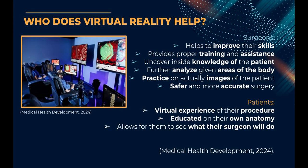New software has been developed to help educate surgeons with virtual images of their patients' MRI and CT scans to create a virtual model. Patients get a virtual experience of what their surgery will be like. This process helps train and assist surgeons on how to go about the operation while also providing inside knowledge to the patient. Surgeons can plan ahead for surgery, which makes it easier and more accurate, while the patient can be further educated